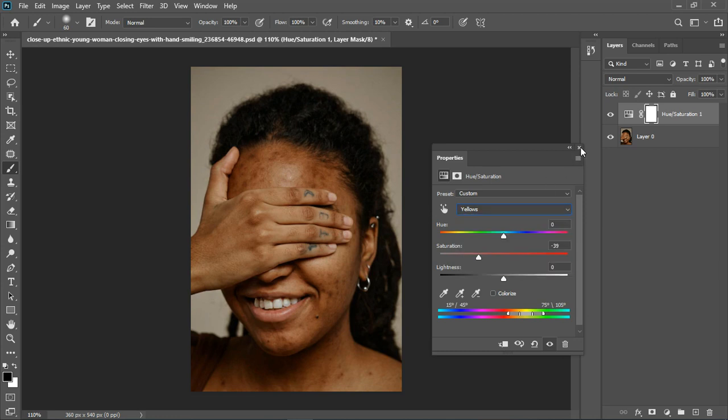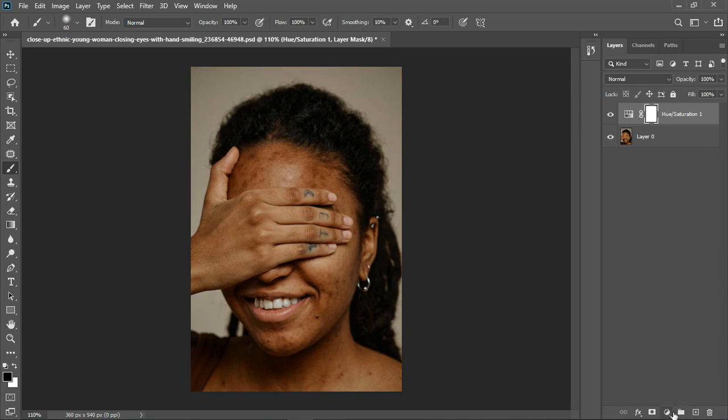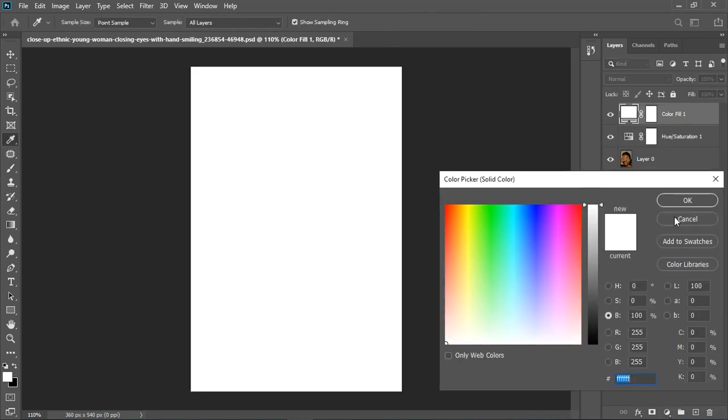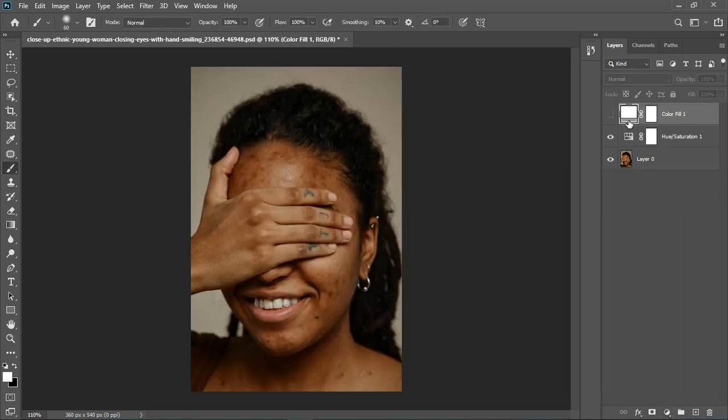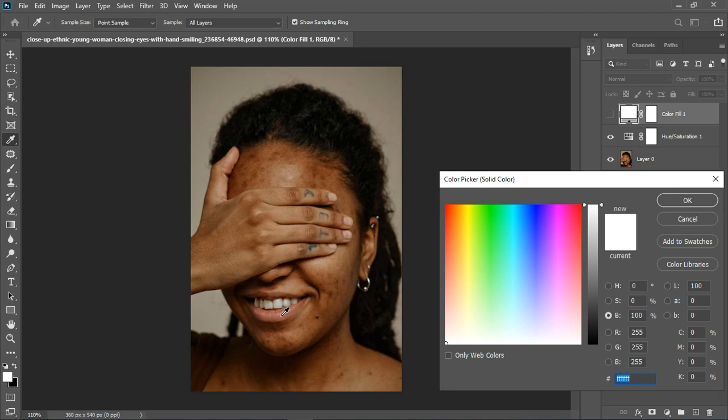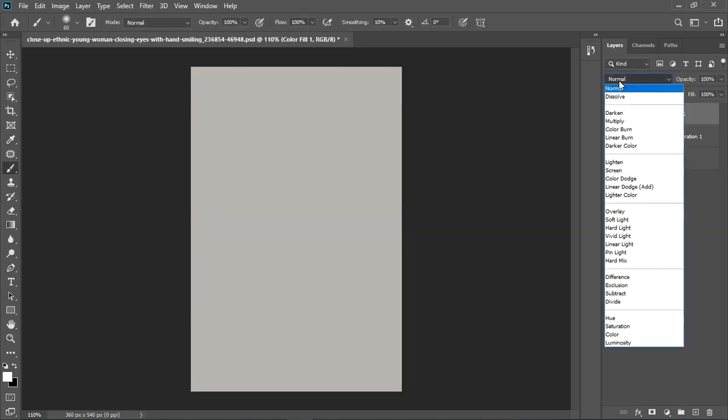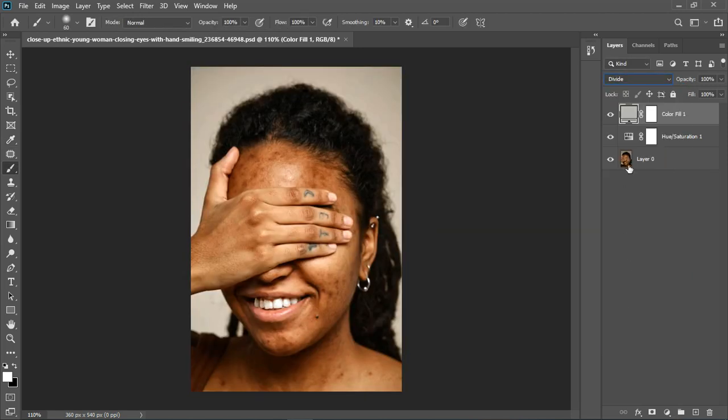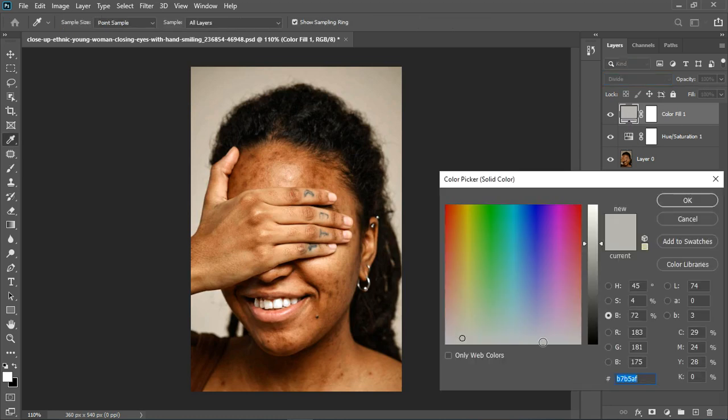Okay, so I'm going to close it, and then I'm going to do another one, a solid color adjustment layer. Click OK, turn it off, turn it on, and I'm going to select it. It acts as white balance, so that's why we're using it. Just select the color of the tooth, and we have this one. It's okay, turn it on, go back, go to divide as the blending option, and it's too bright right away,